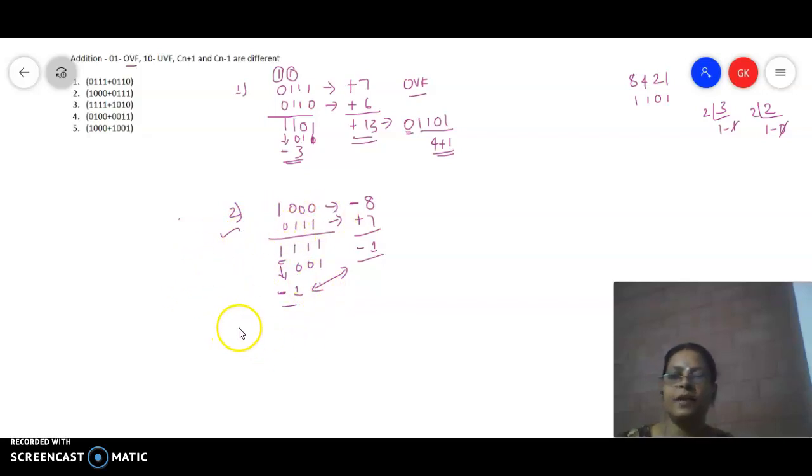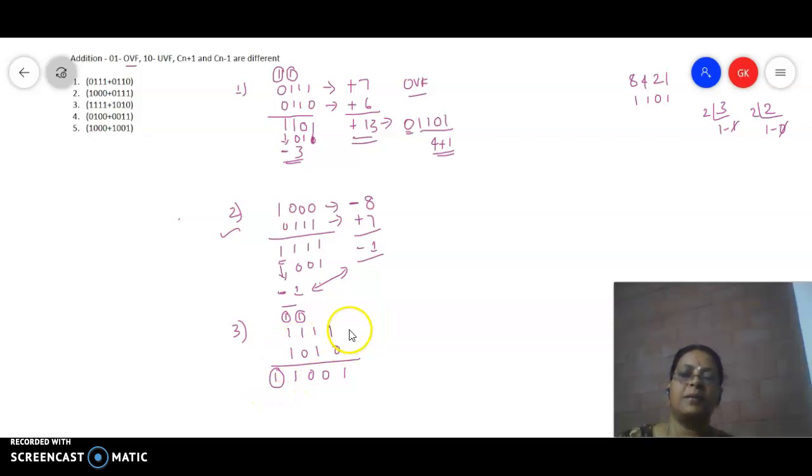Okay. Then we will work out the next problem. Third problem, it is nothing but 1 followed by all ones, added with 1010. So you're getting 1010. So if you add this number, 1 plus 1 is 2, it is 100. Then you will put 1 here. Okay. 1 plus 1 is 2, 100. You will put a 1 here. So it is going to be triple one. Triple one means it's nothing but 3. So 3 means it will be 1 1. And in 2's complement addition, if there is an end around carry, you will be ignoring this carry. So you are not going to consider this carry.